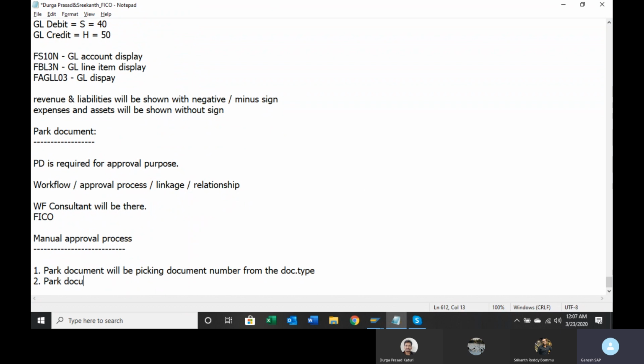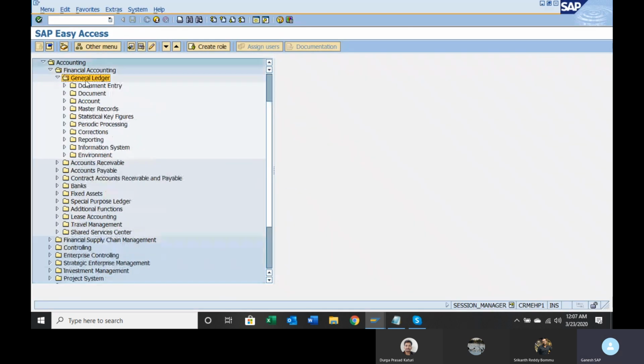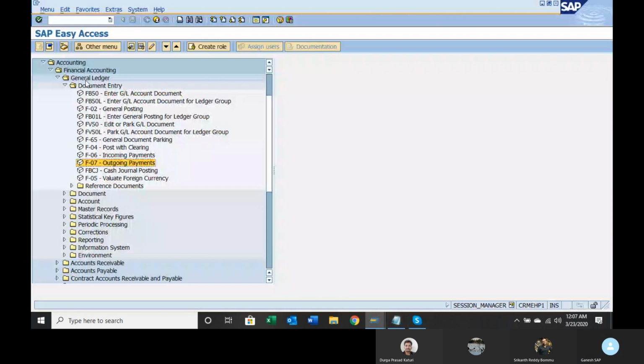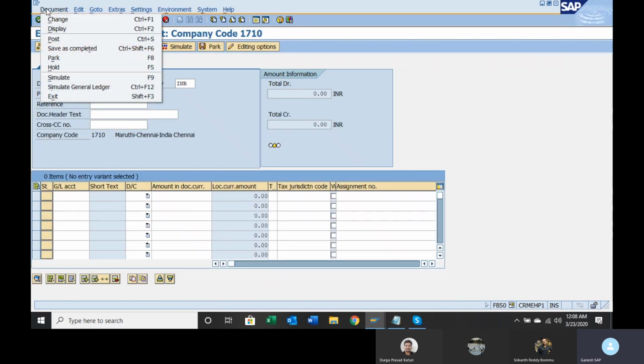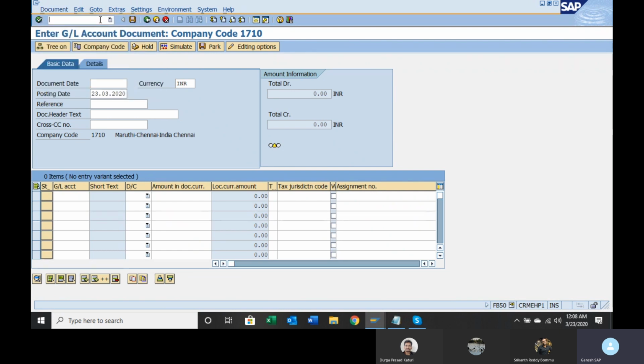Two, Park document can be deleted. So let us go to General Ledger, document entry. Edit or Park document FV50. From this you can go, or if you wanted to go from here FB50 also you wanted to park, you can park it. After posting it, see there is an option to park it.